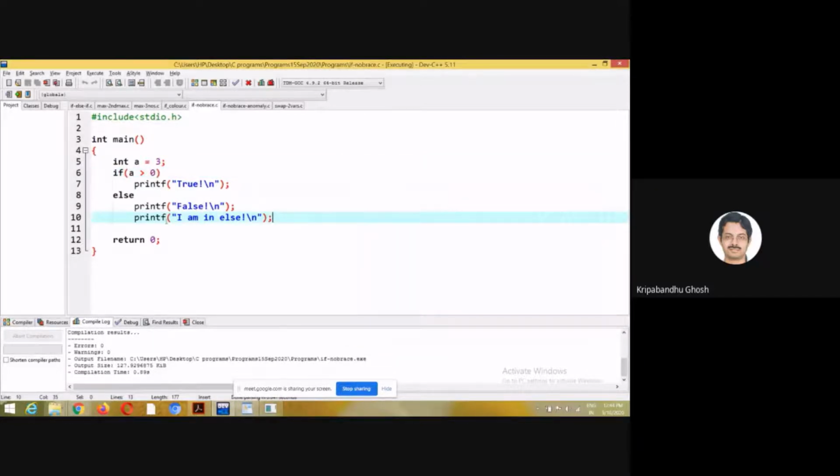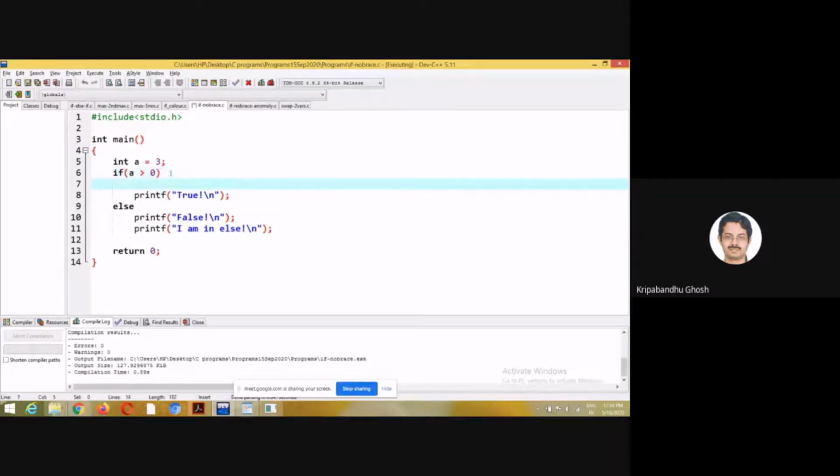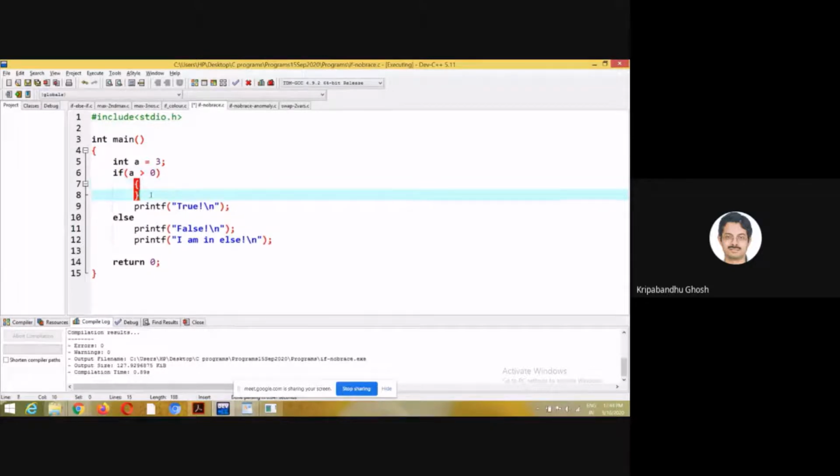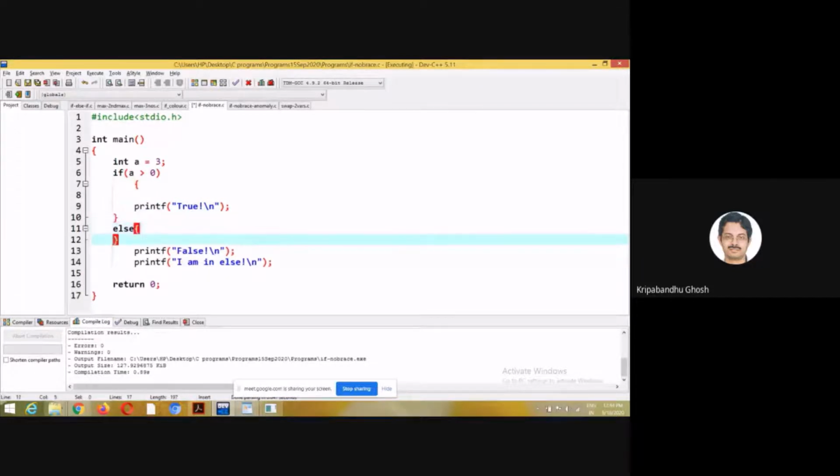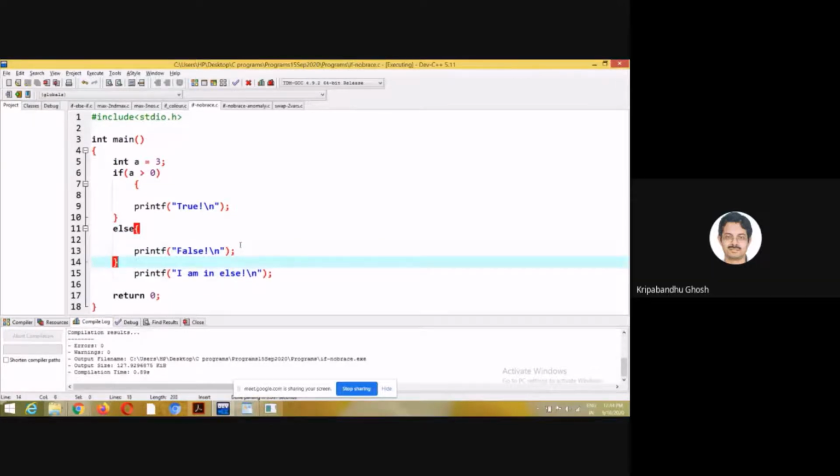So in order to put multiple lines under if or under else, you have to use braces. So if I use this, and this, then no confusion would have been there, right?